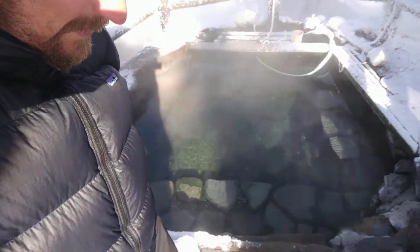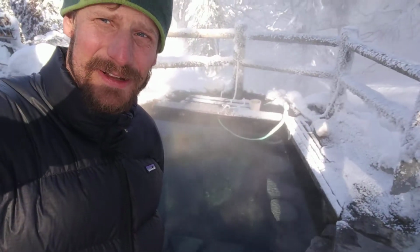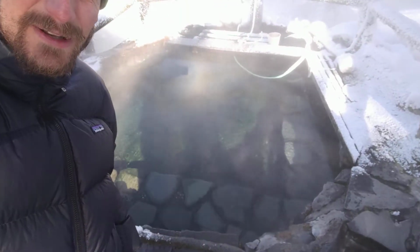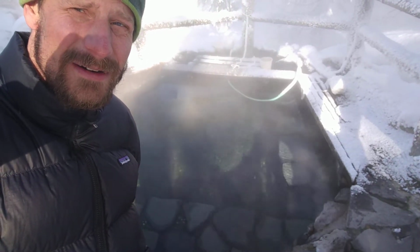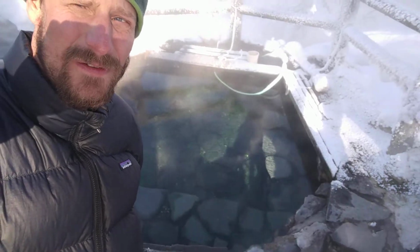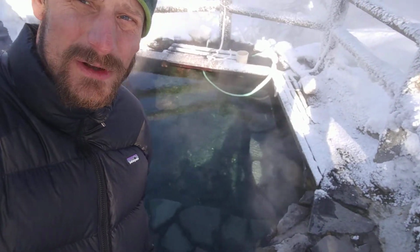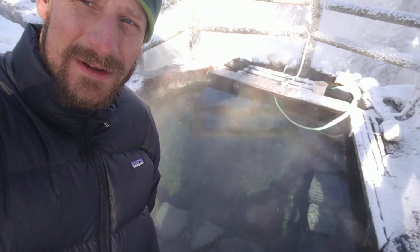But this water is so hot, it's barely tolerable. You can barely stand it. It's that hot. I would guess probably 107 degrees, 105 degrees, hot enough that you can't get in it for very long. Sometimes people shovel a little snow into it, but this is a great example of some of the physical geography